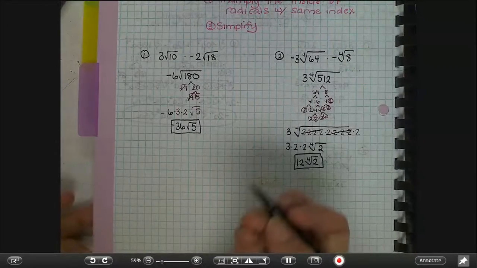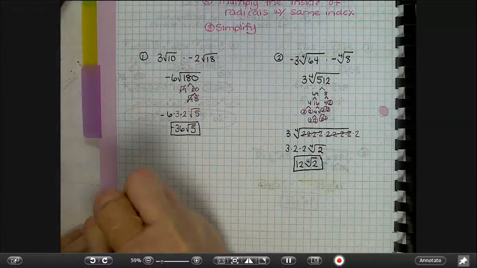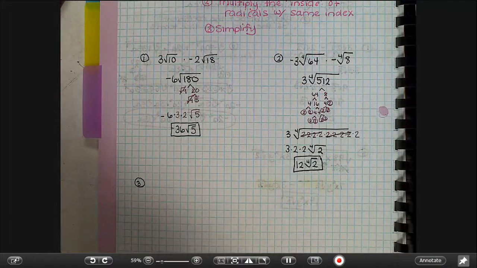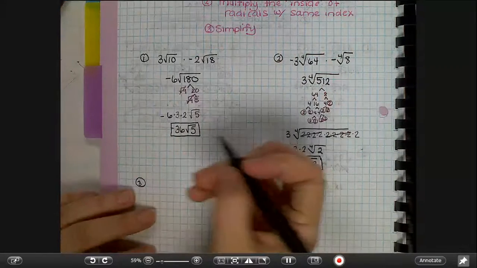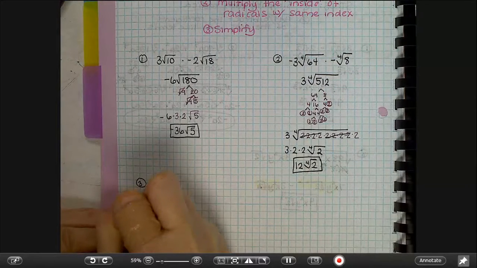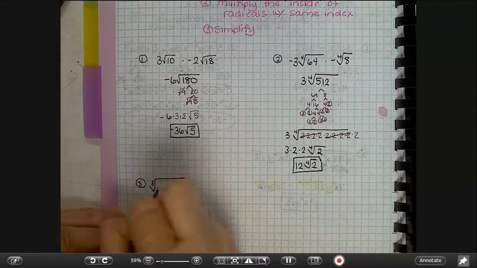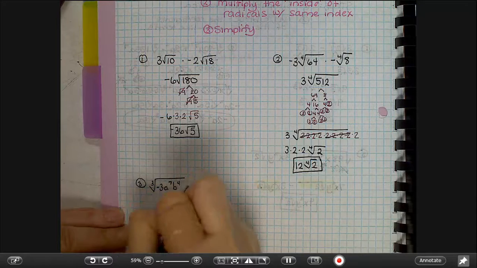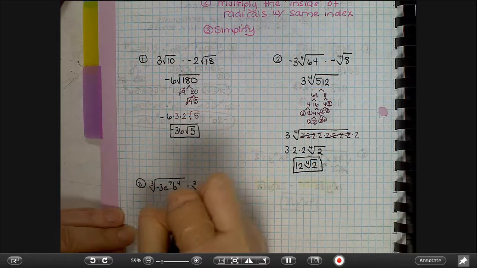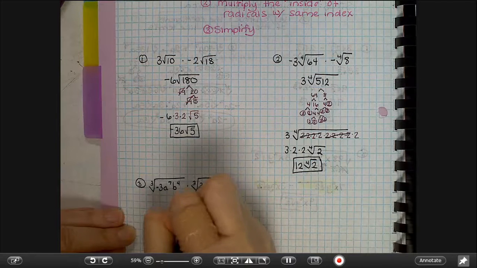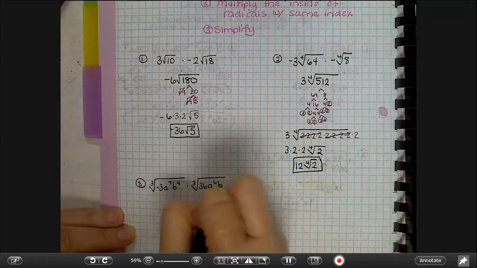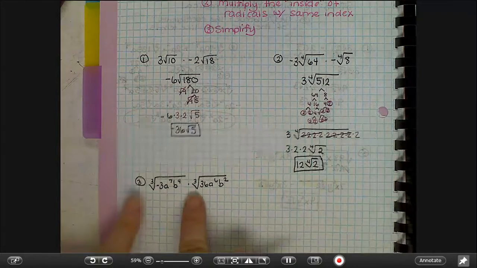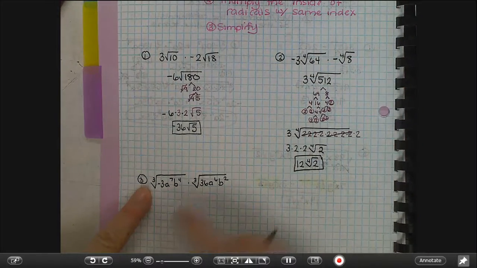Let's do one with variables now. All right, so we have the cube root of negative 3 a to the 7th b to the 4th times the cube root of 36 a to the 6th b squared. So we're going to multiply coefficients, but we don't have any, so that's just 1. And now we're going to multiply